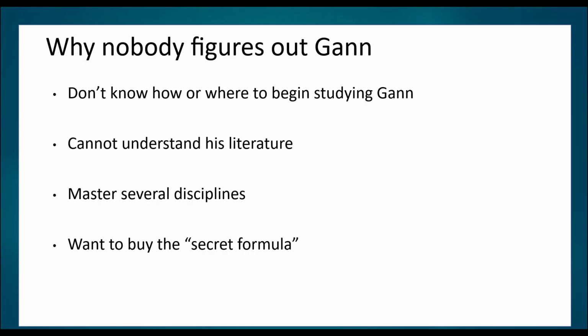And so you don't know where to begin your studying or how to go about doing it. And the other reason is because the material you have from Gann is so cryptic. It's not easy to decode. And hence, it takes an endless amount of patience to just figure it out. It's just very cryptic. It takes a lot of brain power, and it's just very difficult if you don't know